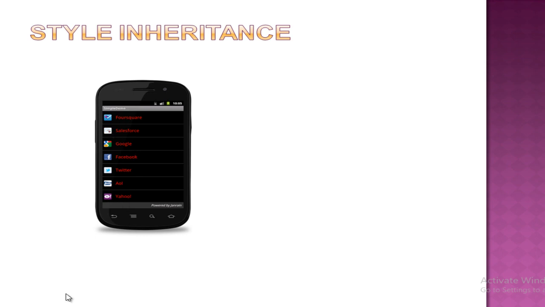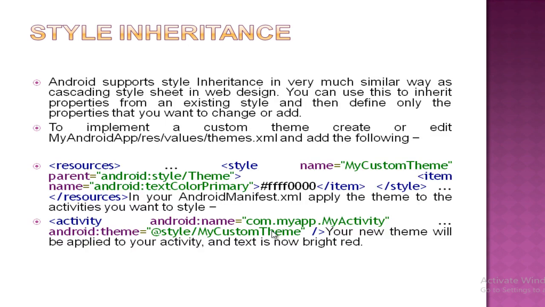Okay, why? Because we have specified here the particular android:textColorPrimary, right? So this is how you can implement your theme to the activity. Okay, so here it is about style inheritance.